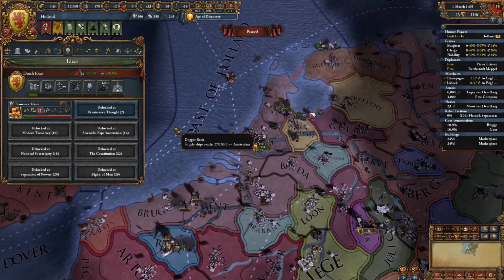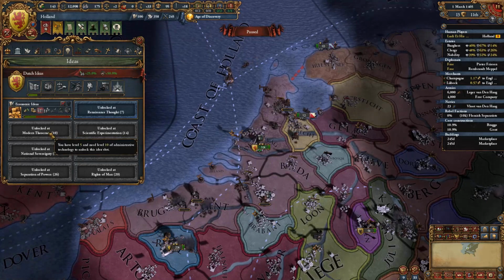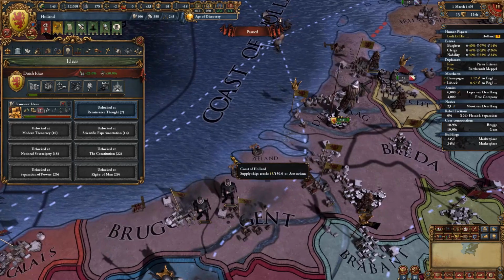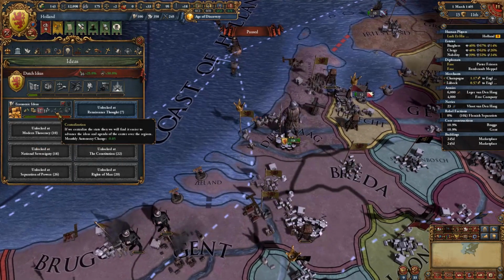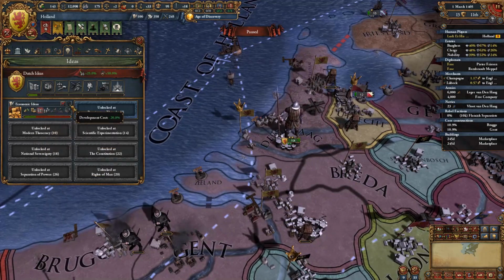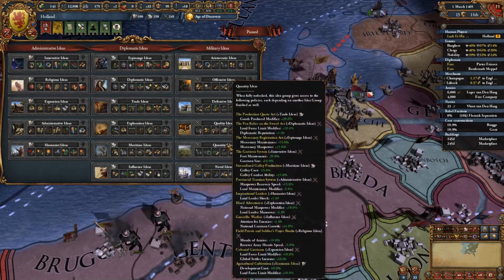When it comes to your ideas, why I mentioned to focus on your admin first and going for an economic idea is because we always want to play a tall Netherlands, not just for the RP value, but because it is definitely worth it. And if you do play a tall Netherlands, the first idea you should be going for is the economic idea, because of this sweet -20% dev cost,